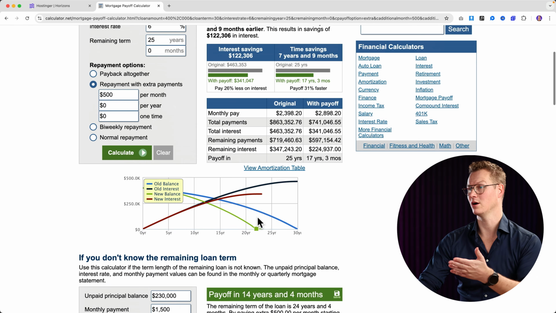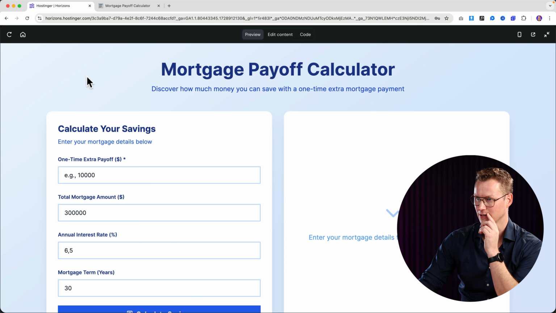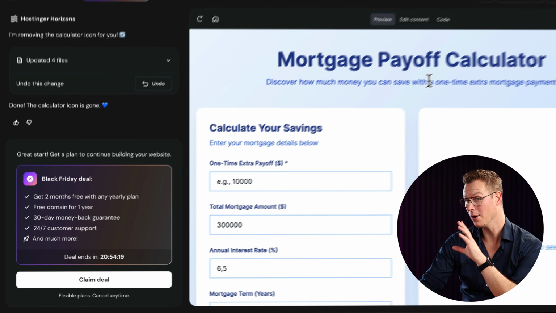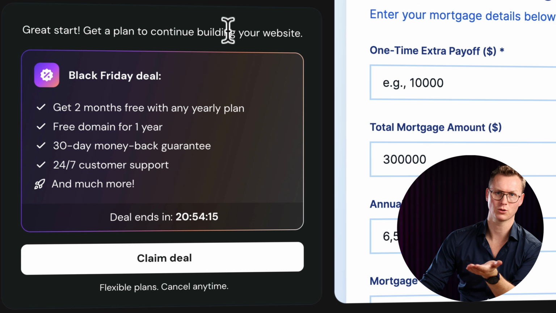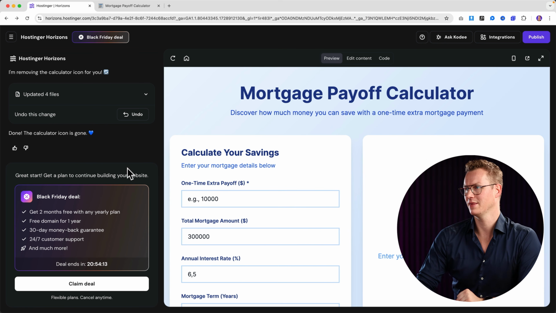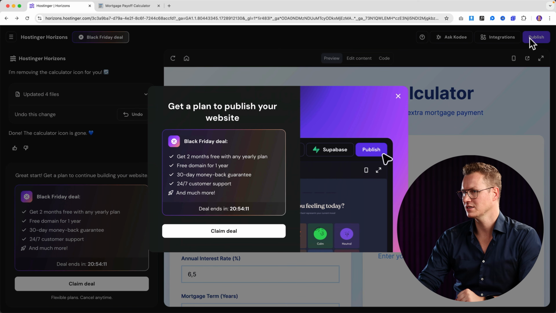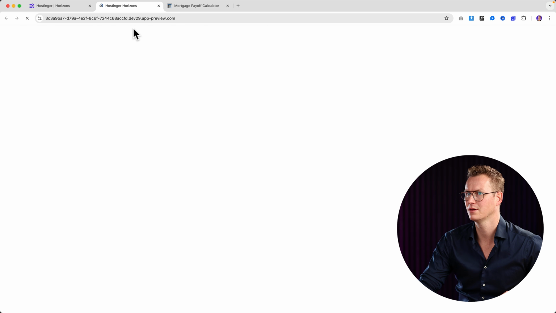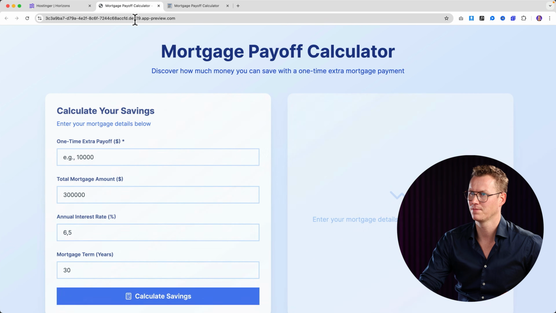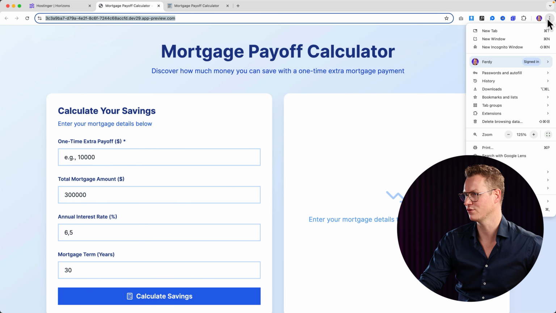So I can get inspired by others if I see something. But now, look at this. Great start. Get a plan to continue by building your website. So this was all of the free plan. Let me see. If I click on publish, I cannot publish it. If I click on preview tab. So right now, if I share this with friends,